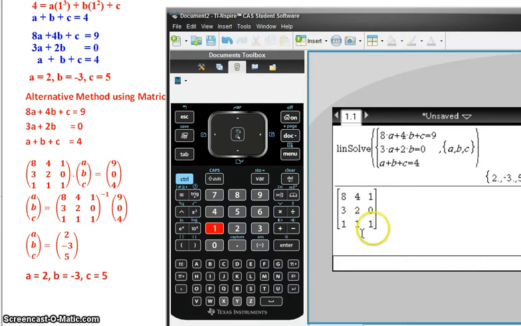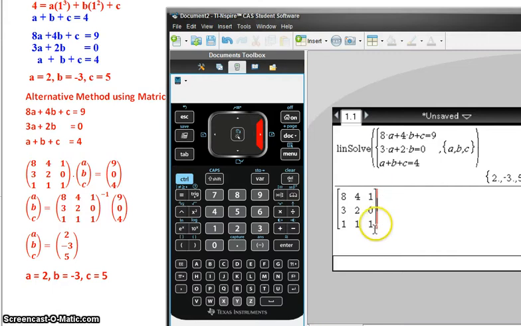Now it's important, once you've entered these numbers, I'm just copying them from here, that you hit the right arrow button so that the pointer is outside the matrix now. And I'm going to raise this matrix to -1, so I hit the raise button, which is this button here, to the power of -1. That will give me the inverse. Now I've got to hit the right arrow button so that the pointer is at this position. And I'm going to multiply that, so I hit the multiplication sign, gives me the dot, by this column matrix,